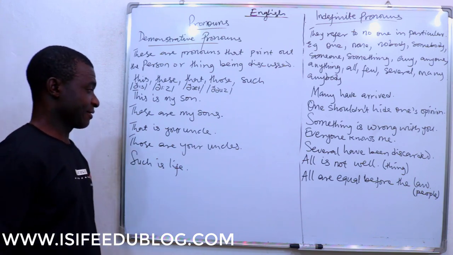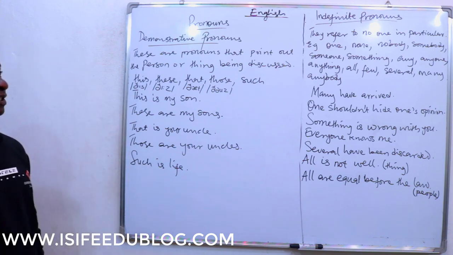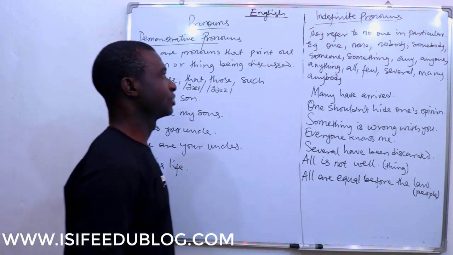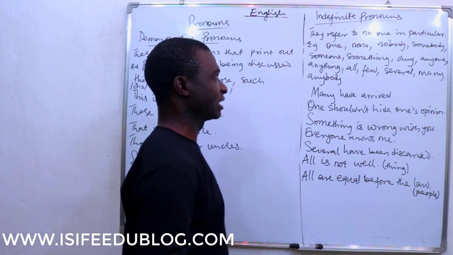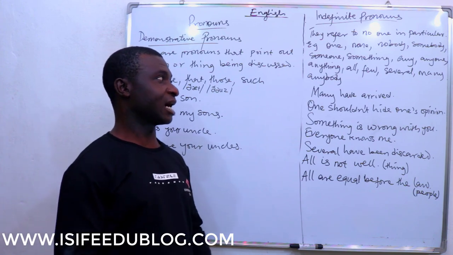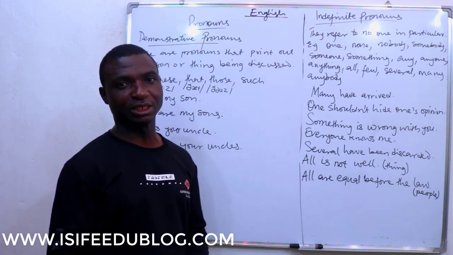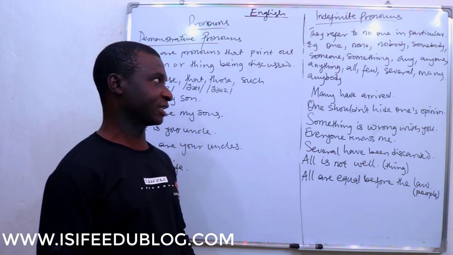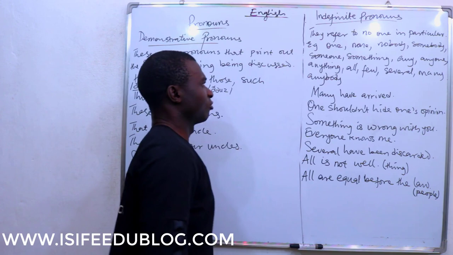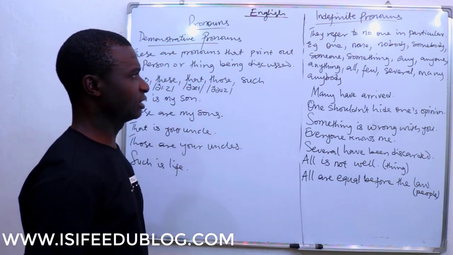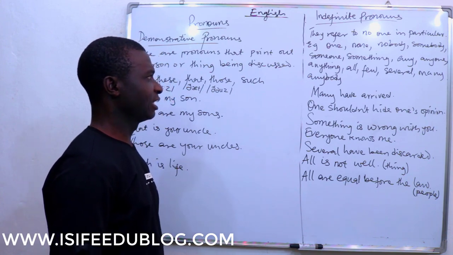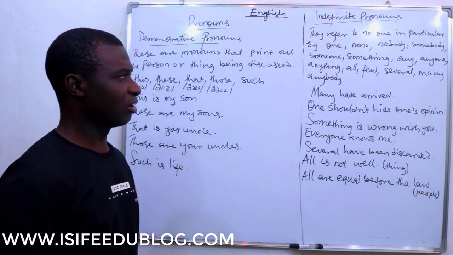Next, we have the indefinite pronouns. The indefinite pronouns refer to no one in particular. They're pronouns that are used indefinitely. That is to say, they don't refer to anybody or anything in particular. So, here we go. We have one, none, nobody, somebody, someone, something, any, anyone, anything, all,